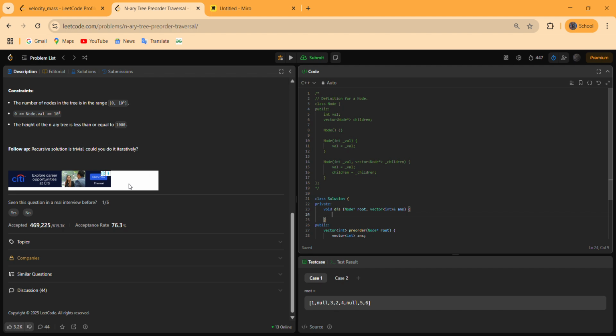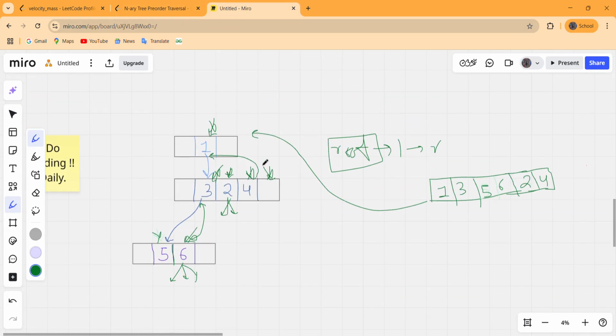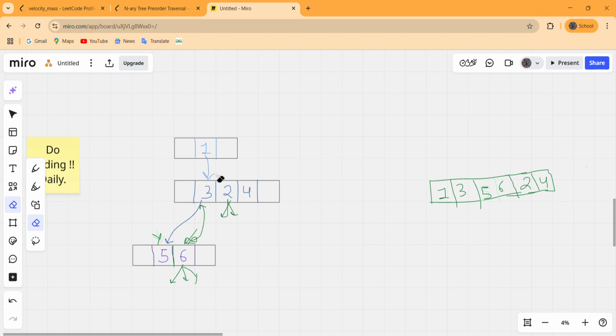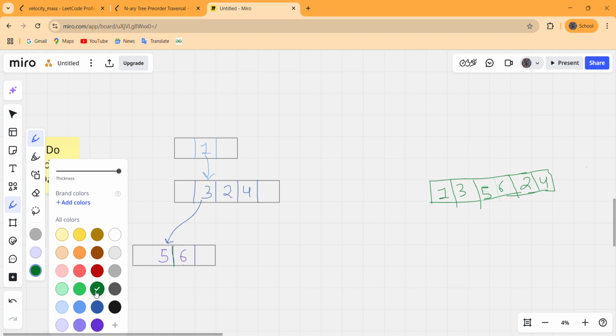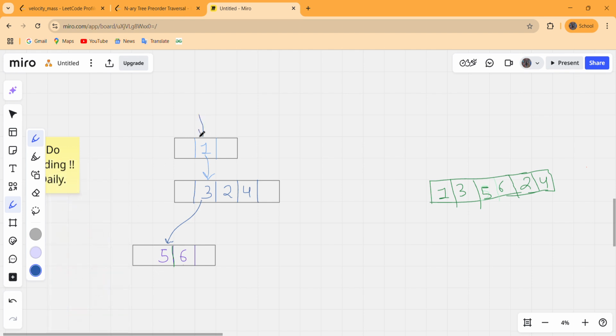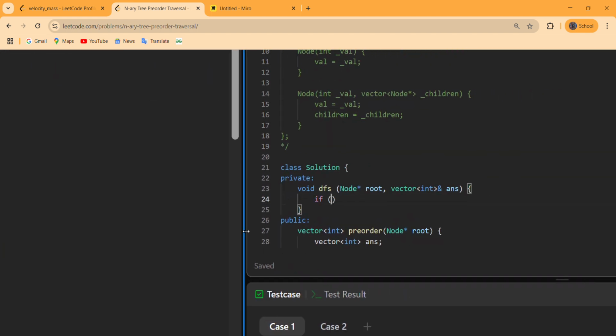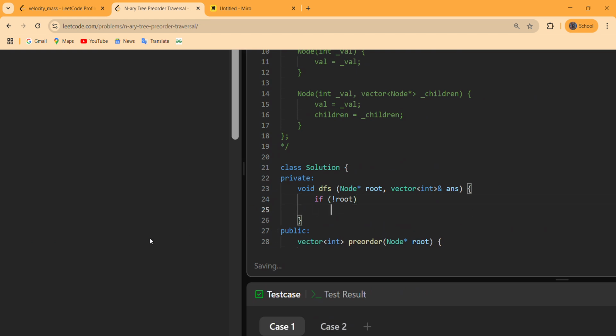Now what we have to do for every call. Here, for the very first call, the pointer will be pointing to this one, and we have to check if the root is null, that means if not root, there will be no root, then we have to simply return from that.